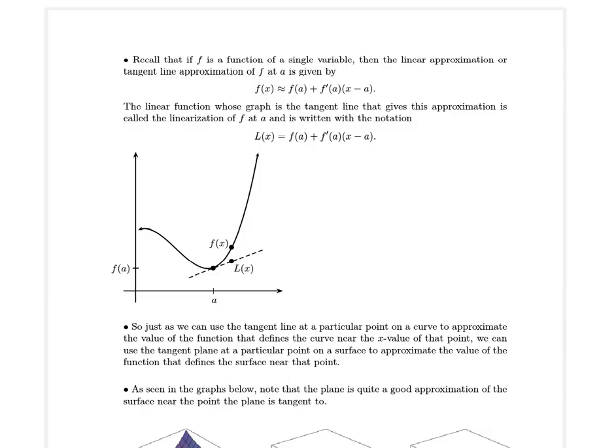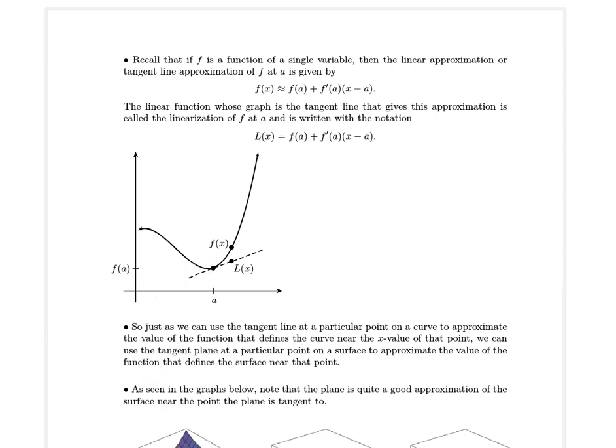Now in Calculus 1, you took the idea of this tangent line to a function at a point and gave it this name, the linear approximation, okay? Because that's really what a tangent line is. It is a linear function that approximates your function as long as you're close enough to the original point. All right, so